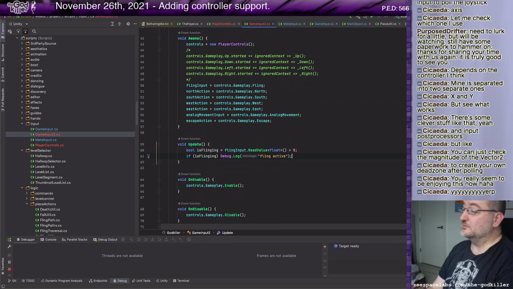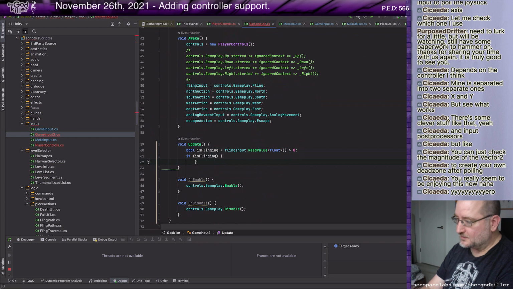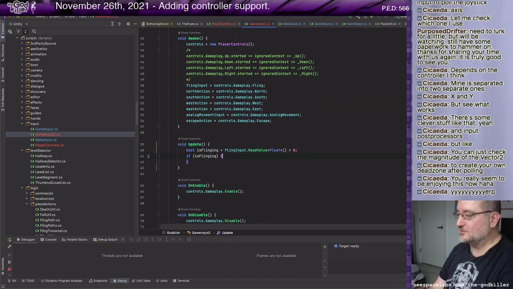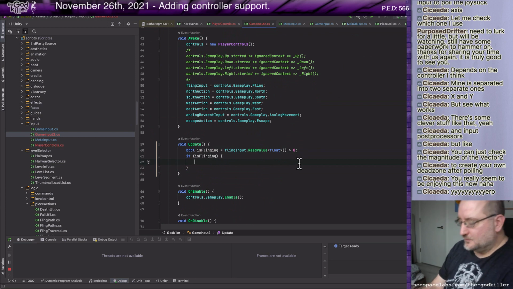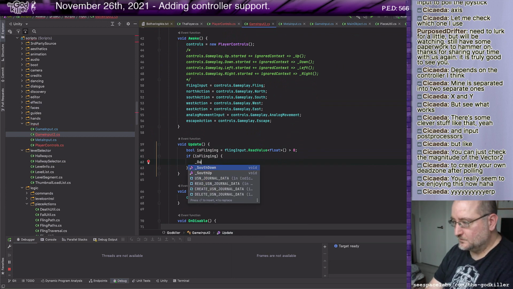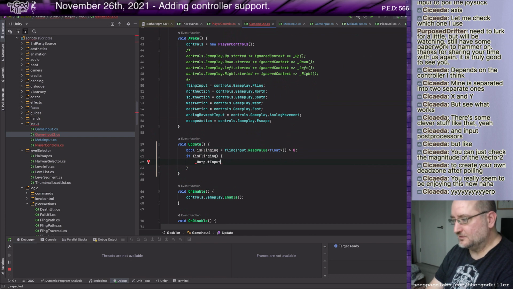Or you know what I could do? I could use this button. Whenever this button is on, I will output a snapshot of the current state. That way I won't have a massive trace log to look at all the time. Okay, if it is flinging, output input state. Log, output input state. There we go.